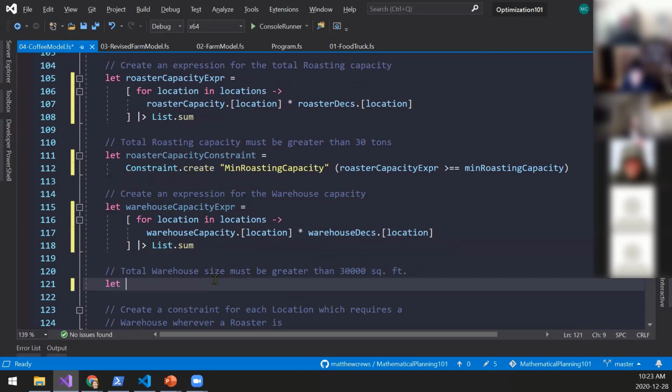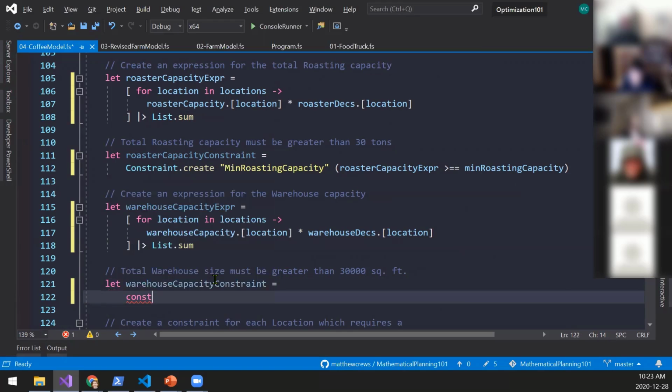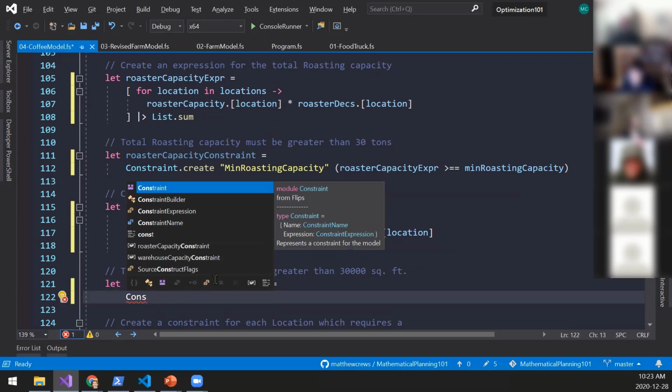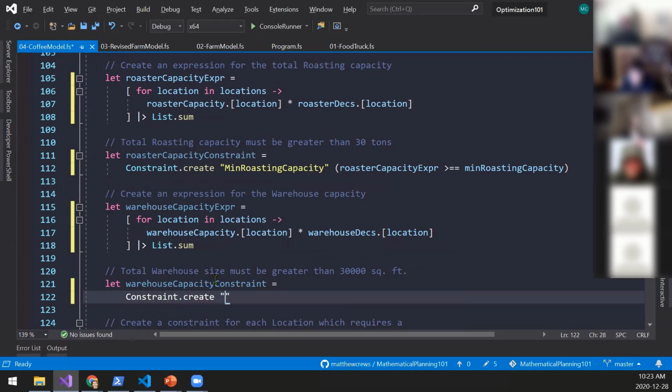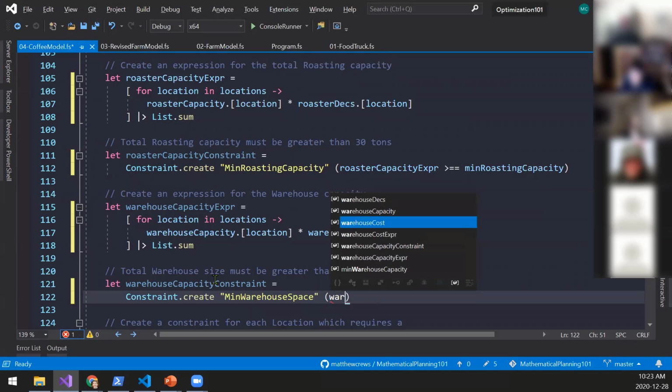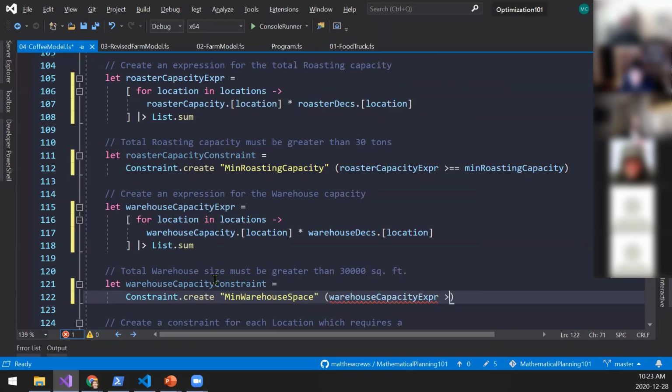Now we need to create the constraint for that. So warehouse capacity constraint, create min warehouse space. This expression must be greater than or equal to min warehouse capacity.